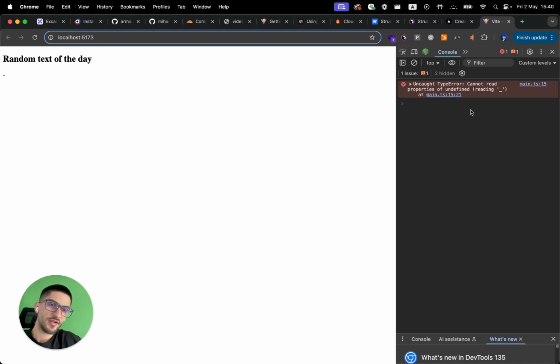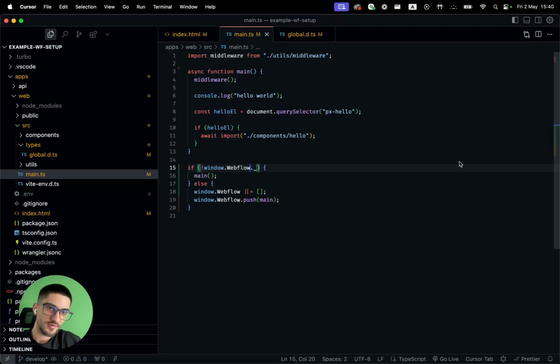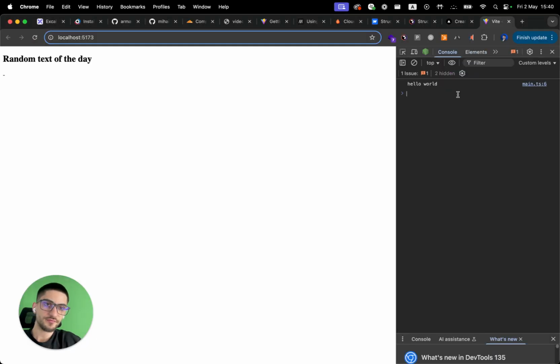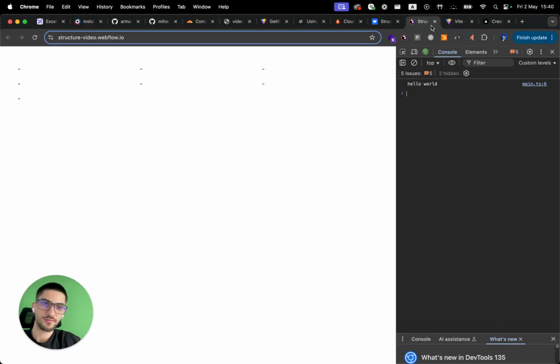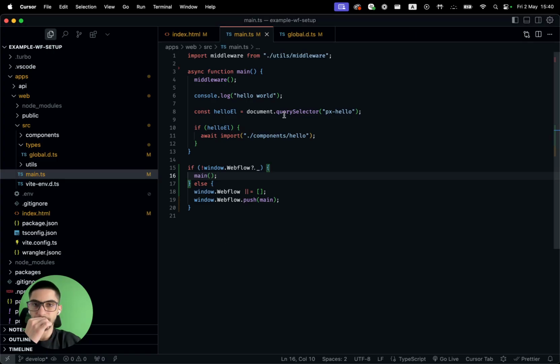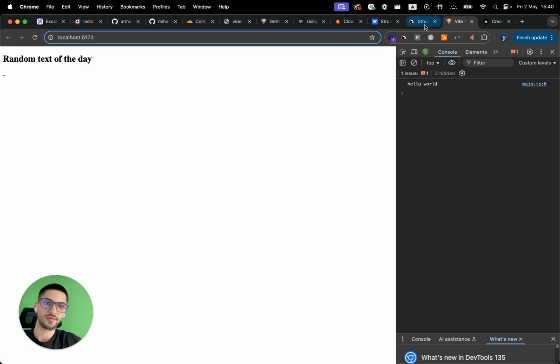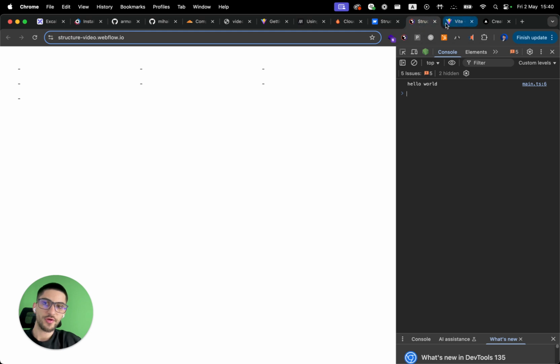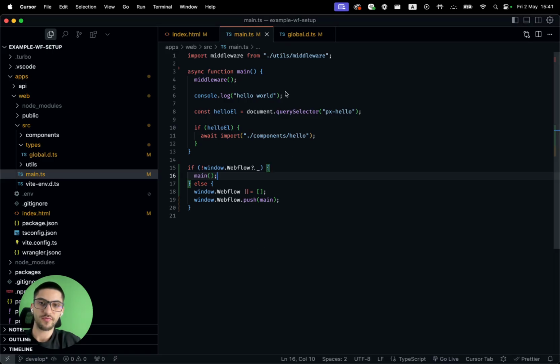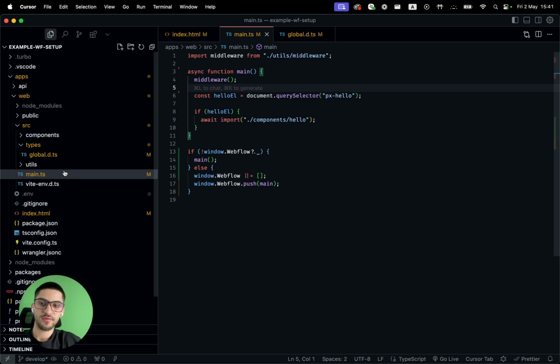Properties are undefined, reading. Yeah, we can do also if it doesn't have Webflow. Actually, is this good? Yes, it runs only once, so it's okay. All right, so now we can run it in Vite as well without any Webflow, which means that we can